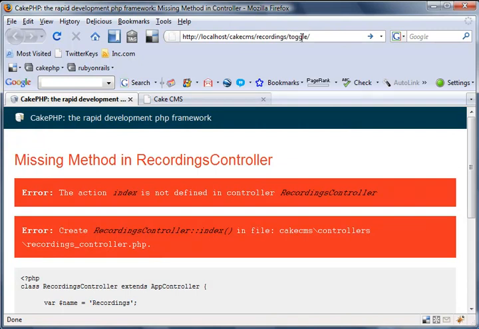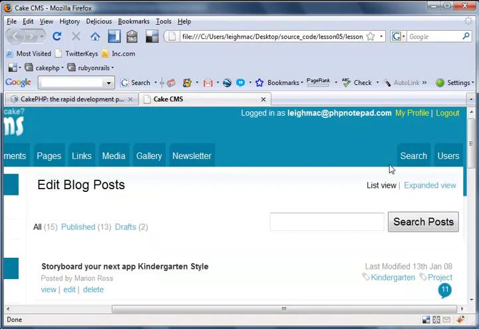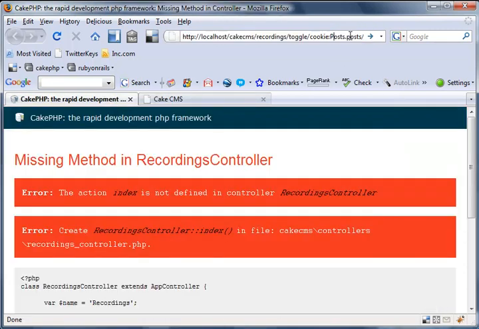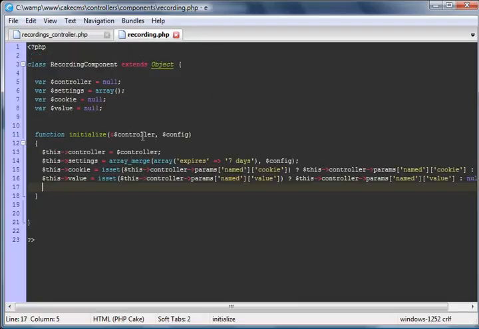And we want to set up the named params. They're just like the GET variables in PHP, except they're formatted nicer. So we can set one up called cookie and give it a value of posts like that. And we can create another one, and we'll call it value, and we'll give it a value of list, because we've got list and expanded view. So we'll just hit enter on that, like that, and jump back into our application, go back into our component,